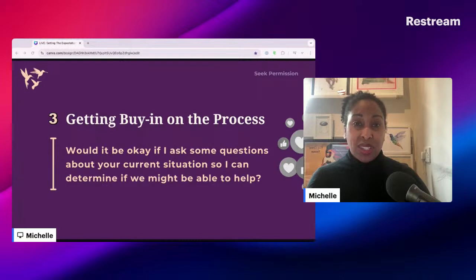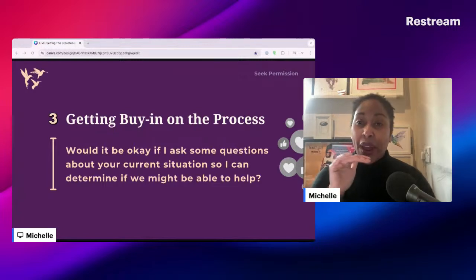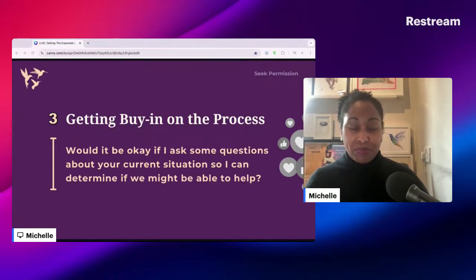Actually, if there's some questions that they're not in a position to answer, this gives them the opportunity to say so. And it's this getting buy-in on the process that you might want to use throughout your sales cycle to recontract throughout the call. That's the part that's known as framing.